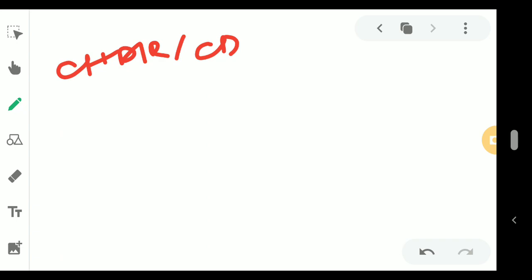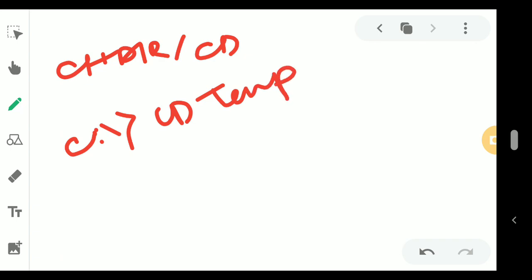So how to do it? I'm writing this. This command will move to the directory called temp under the C drive. And next, you can mention it in pathway format also.